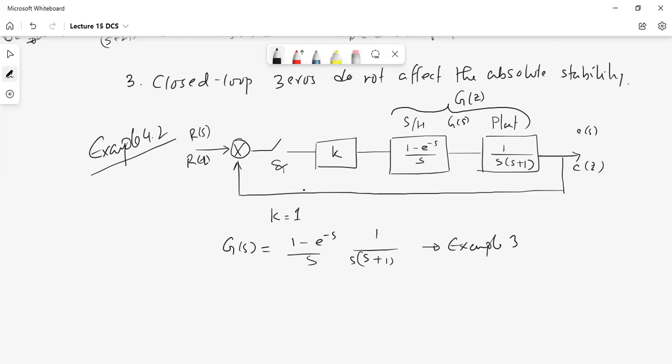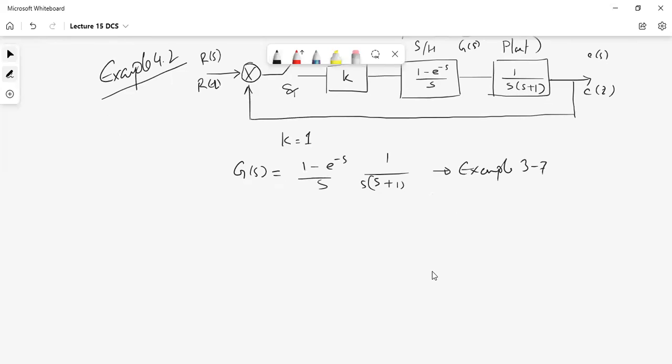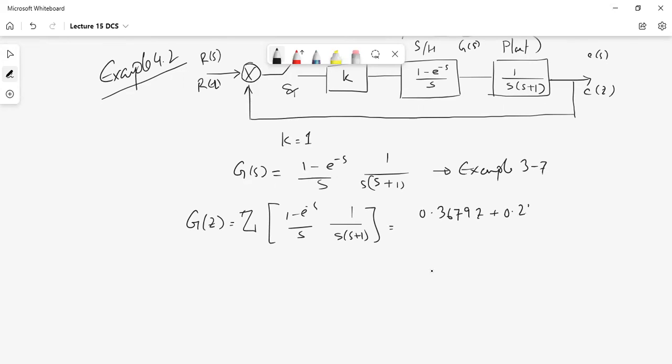Okay, so example 3.7. I'm not going to go into the derivation, so I'm leaving it for you. Please review that one, G(z), which is the z-transform of (1 minus e to the minus s) by s, times 1 by s into (s plus 1). What you're going to get is (0.3679 z plus 0.2642) divided by (z minus 0.3679)